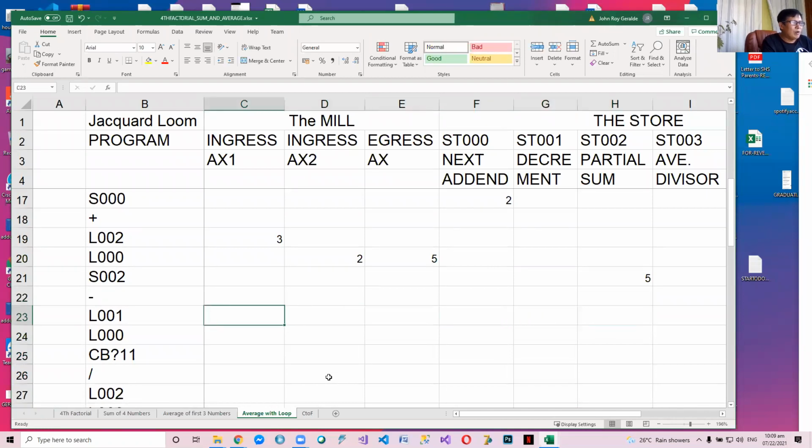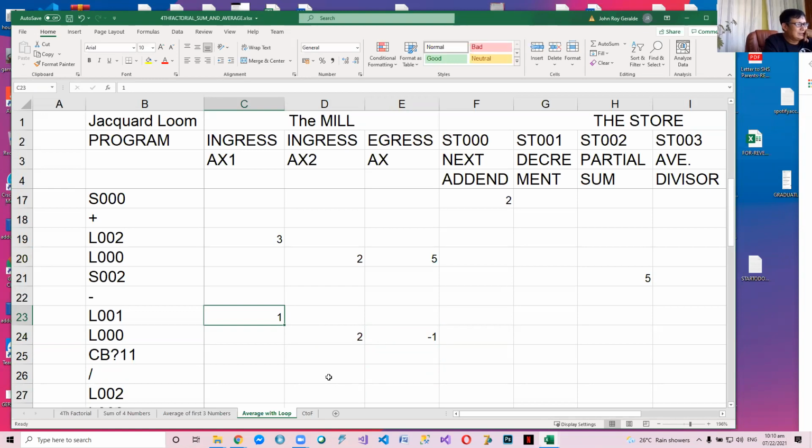We load L001. L001 is 1, and we'll check with our next addend, which is 2. Okay, so 1 minus 2 is a negative 1. Do you follow? So what is the sign of the egress axis? It's negative 1. What is the sign of ingress axis 1? Is positive. They are not the same. Do you follow? Since they are not the same, we will do